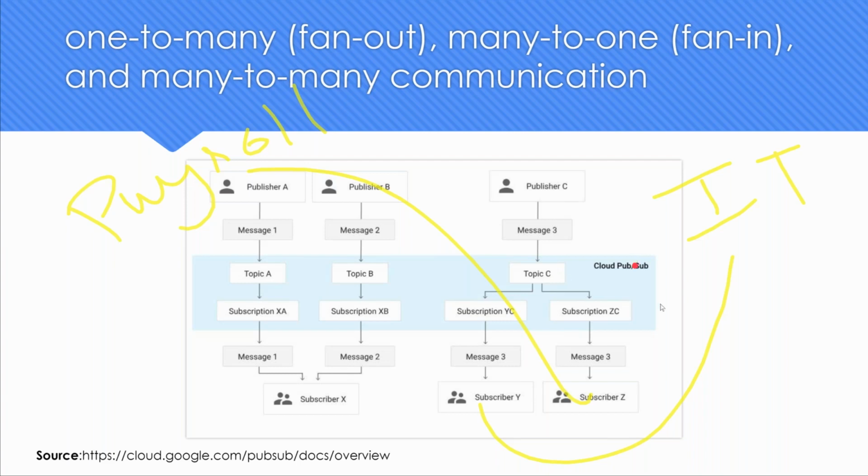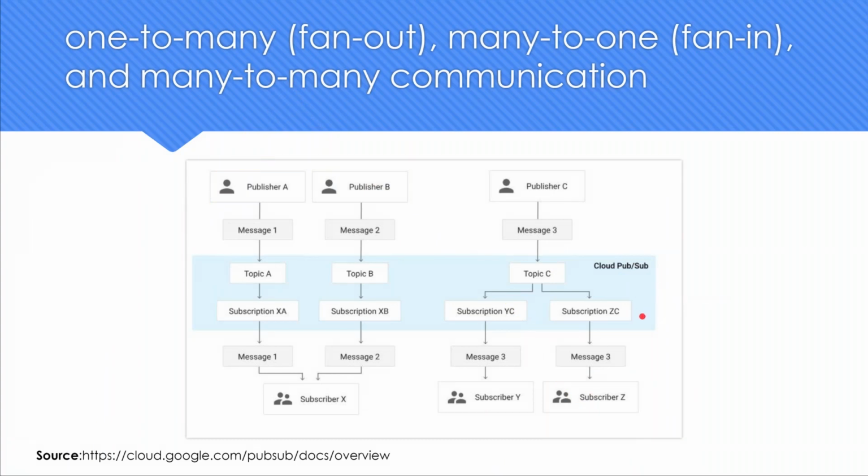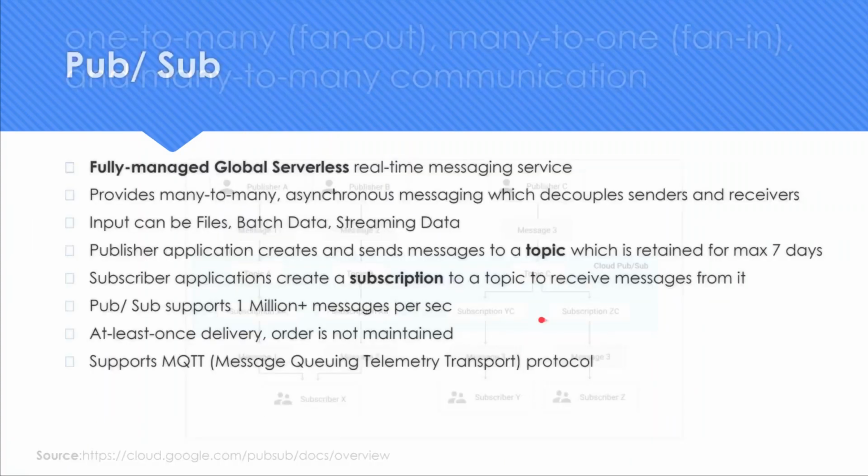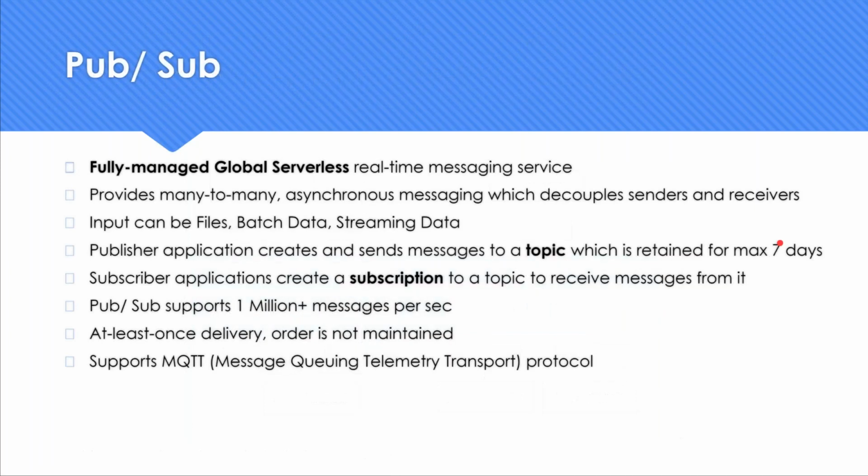So basically, this is what happens with your PubSub. I'll go back. The maximum the data is going to be there in the queue is 7 days. Afterwards, it's going to be expired. And you can make this as low as 10 minutes also, based on your requirement. So this topic is going to be consumed by a subscriber and sent to a downstream application where they can do any